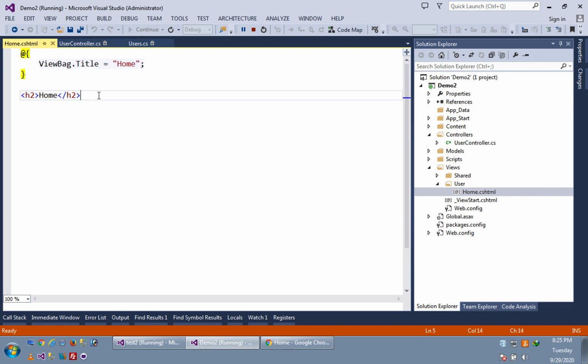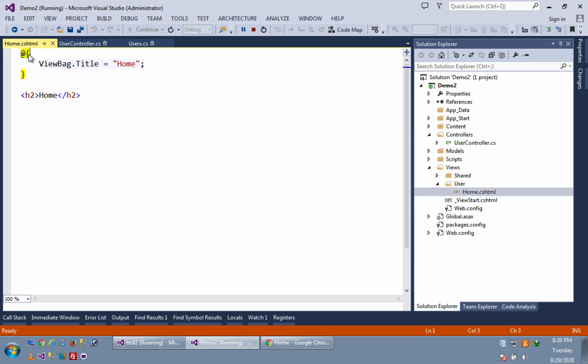I'm just discussing a few points about Razor: every Razor syntax starts with the @ symbol. @ means it is your Razor syntax. Razor allows you to use a server-side scripting language. If you are using C#, then you can write entire C# in the Razor syntax, and if you are using VB.NET, then you can use VB.NET syntax in Razor.